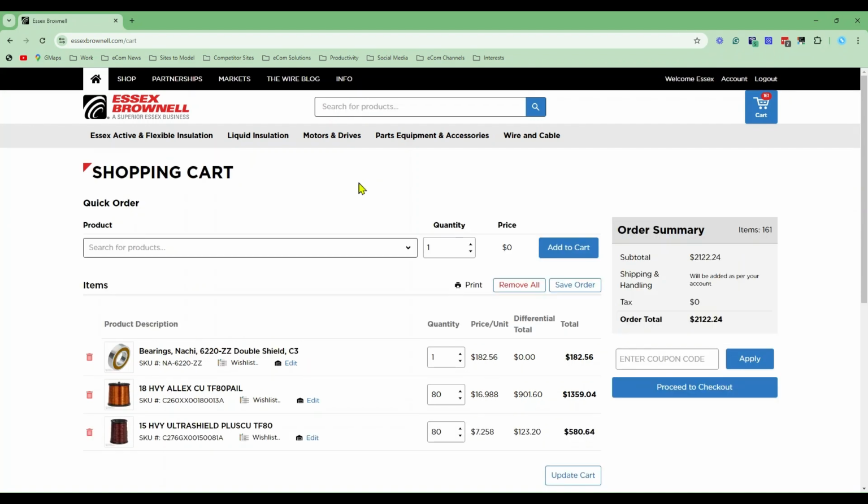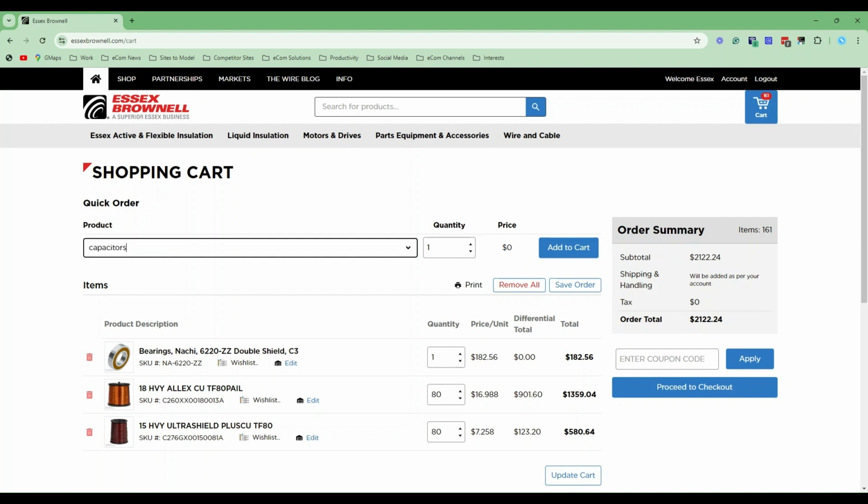Say we want to add something else to the cart while we're working in the shopping cart itself. What we have here is a quick order box, a place you could start even from the cart itself. Let's say you had a list of SKUs and you knew the SKUs already. You didn't want to search for them up here, go through the listing pages or the product display pages or add quantities in that, but you wanted to come right to the cart and start from here. There is this feature as well. Let's just say we wanted to add